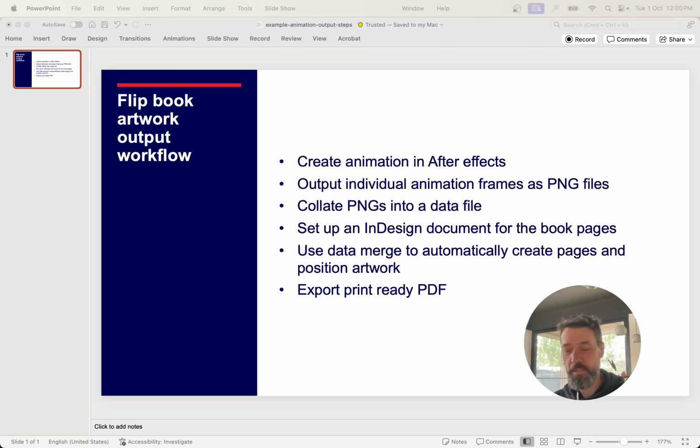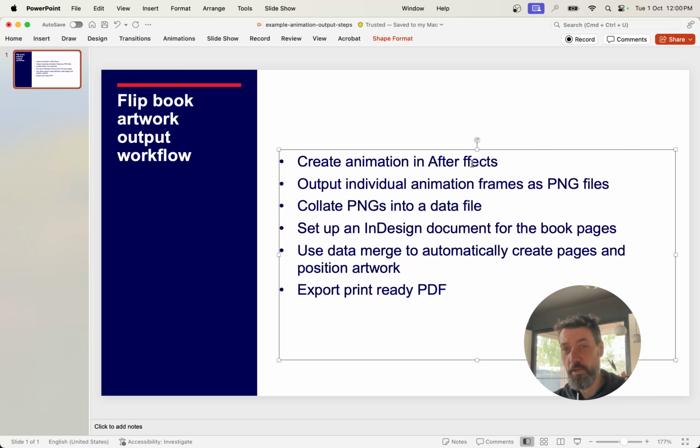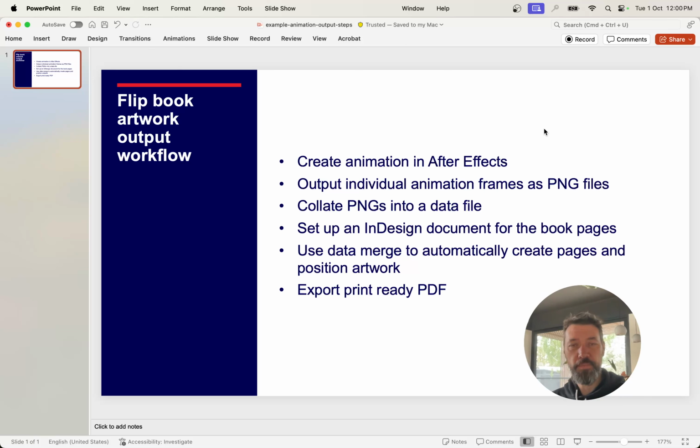Firstly, we're going to need to create an animation in After Effects, and that's kind of up to you. Better fix these typos as I go. What that is is up to you. You'll need to read the assignment instructions and come up with a concept and execute that concept. And then beyond that, we'll go through the steps to output that so we can turn it into printable artwork